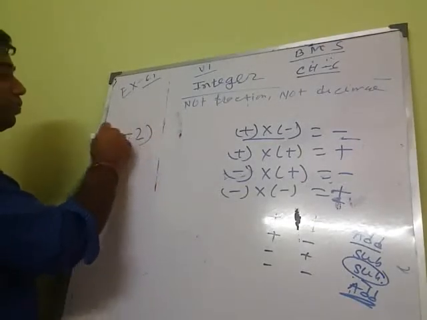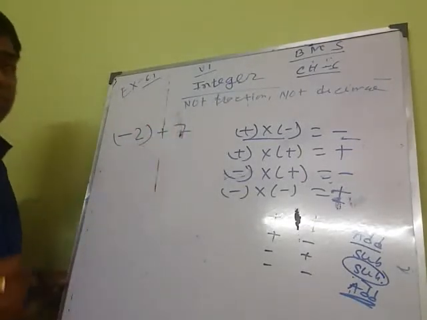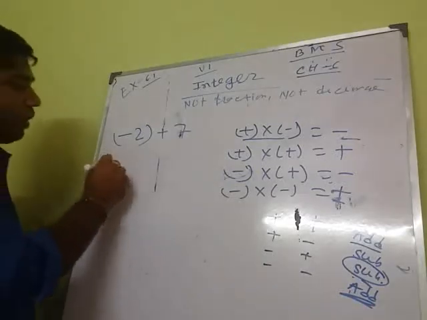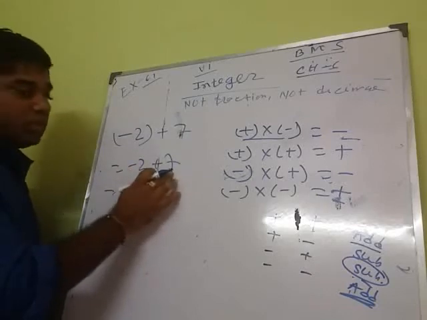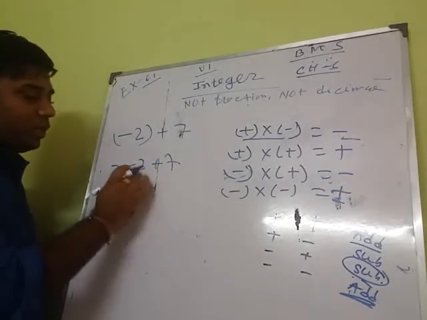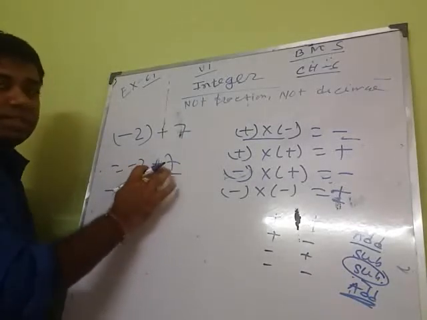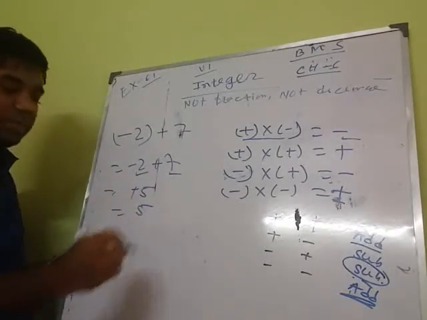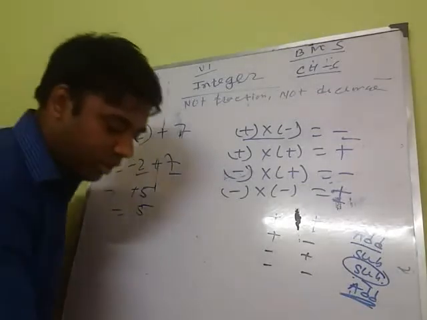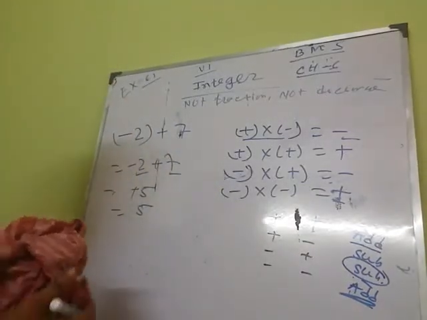minus 2 plus of 7. If you are given that type, so minus 2 plus 7, opposite sign, subtraction. 7 minus 2, the difference is 5. Which one is greater, 2 or 7? 7 is greater. The sign of 7 is plus, so that will be the plus sign. Here plus sign can be written as plus 5. Okay, so I have discussed the addition and subtraction